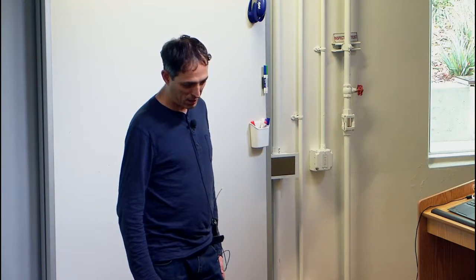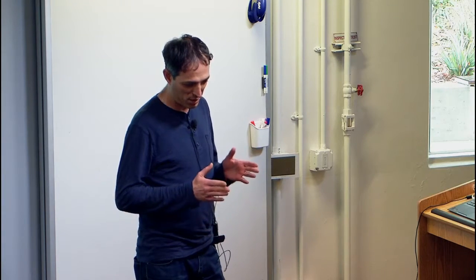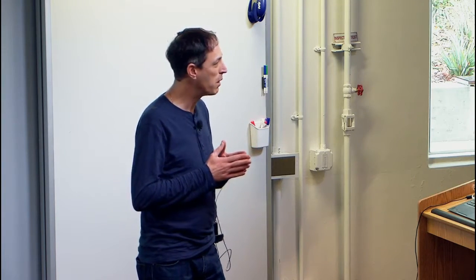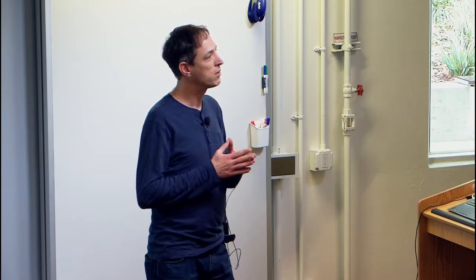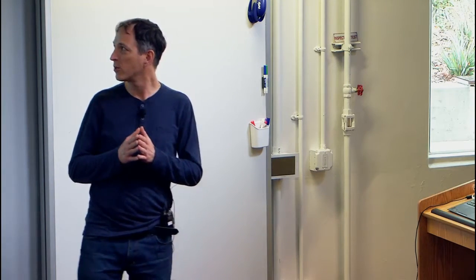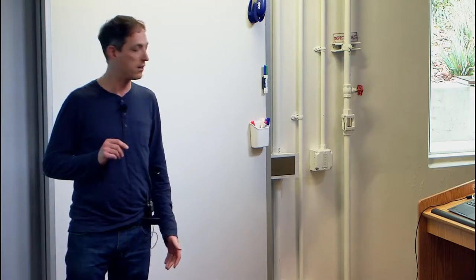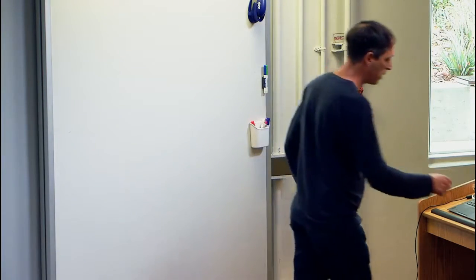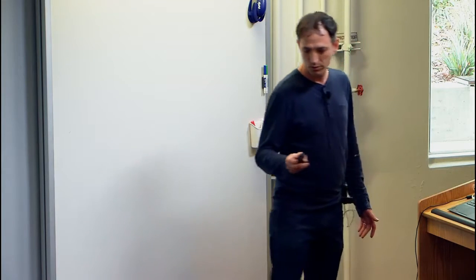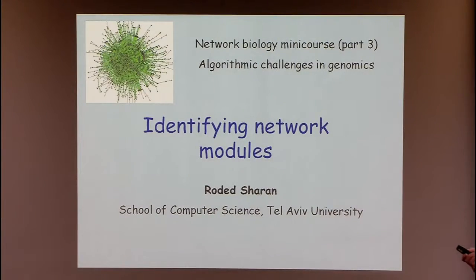But I would claim that even though this problem seems maybe narrow, when you think about networks, it's fundamental. And it's fundamental because when you start with a network, it looks like that. So you can't really make anything out of it. And in fact, what we are going to try to do is to identify the structure in this network and to simplify the network. And this is all about module identification.